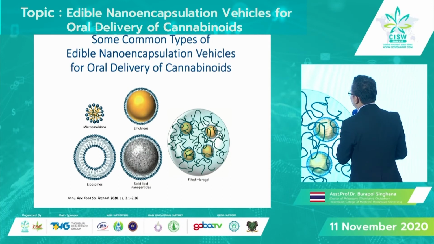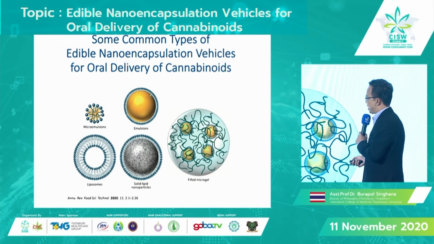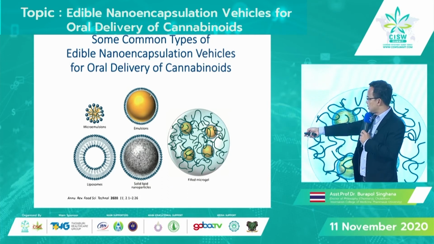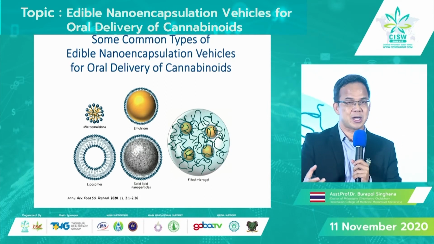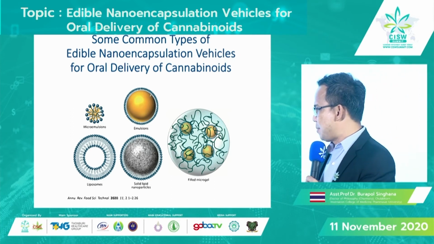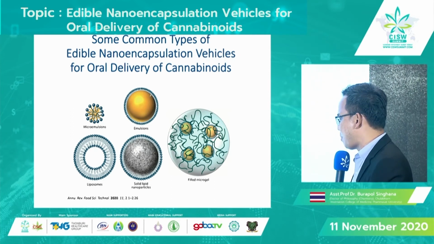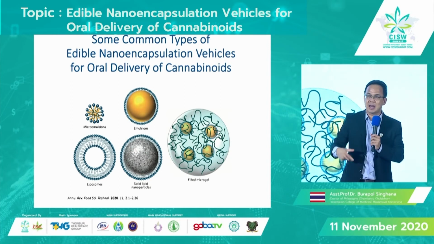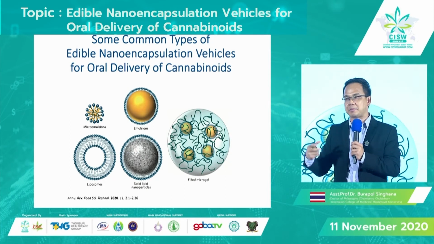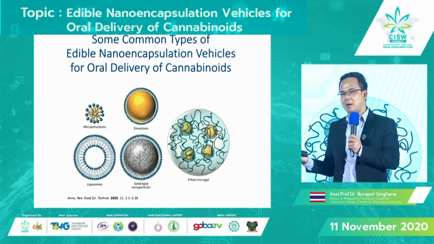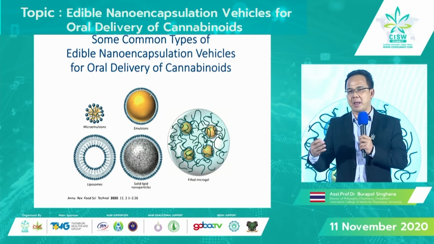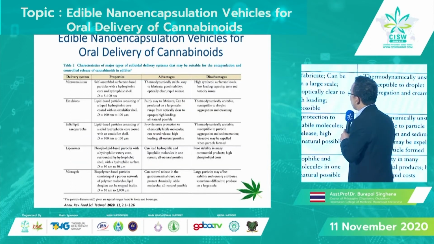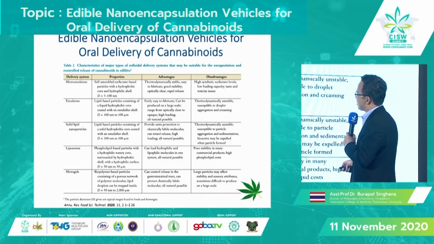Here are some common types of edible nanoencapsulation vehicles. Most are made from lipid, for example microemulsion and emulsion, both nanoemulsion and conventional emulsion, and liposome, solid lipid nanoparticle, and film microshell. These systems have been used in encapsulating cannabinoids, mixed with water to make a soft drink or CBD drink, or mixed to make a cookie or something like that. So I want to show you some systems. For example,